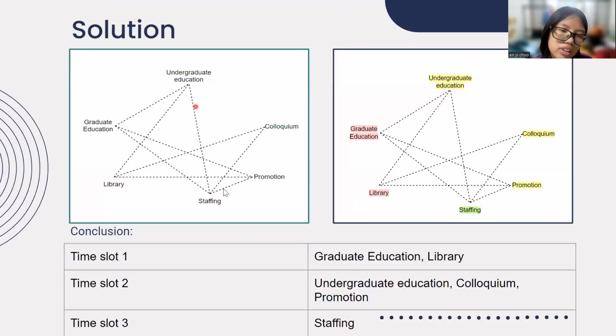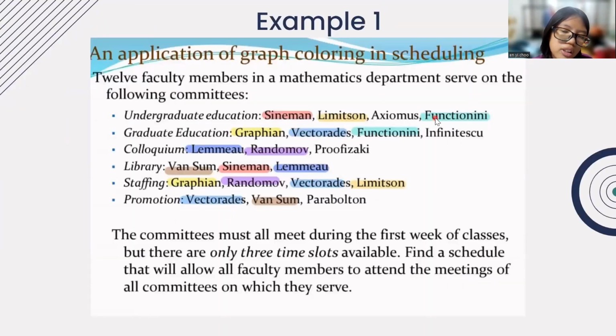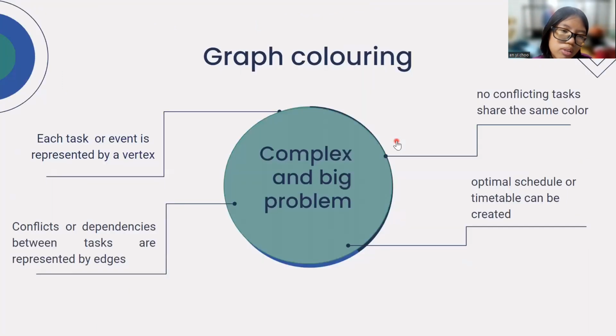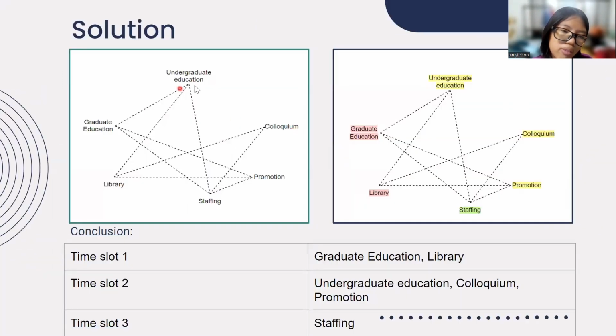So I connected it with staffing. Then we also have the same committee members with graduate education, so undergraduate education, we connect with graduate education. This process moves on until I have created this graph. After I created this graph, I need to color it. We noted that two vertices connected by an edge cannot have the same color. For example, if undergraduate education is yellow, I cannot use yellow for